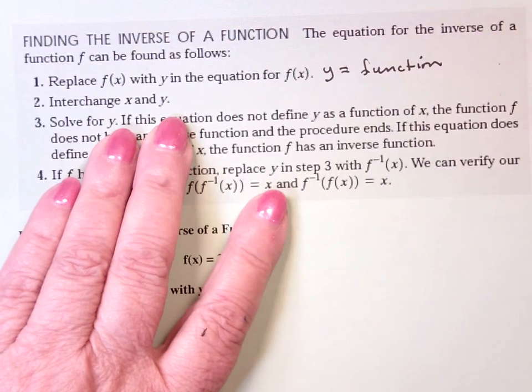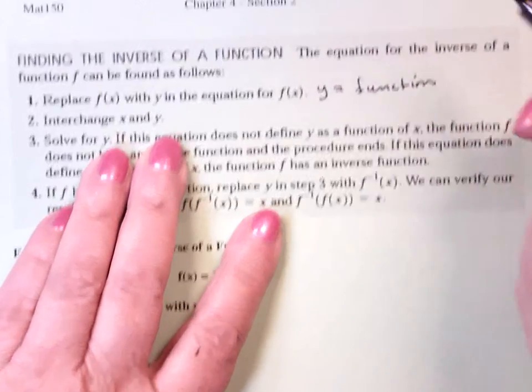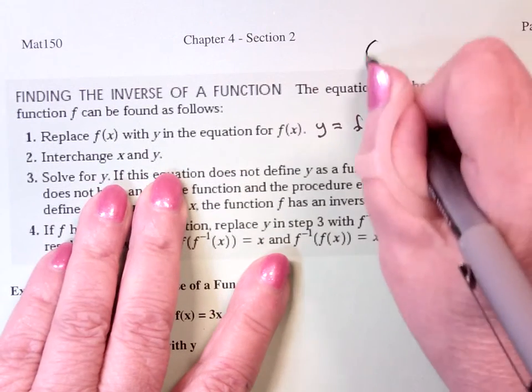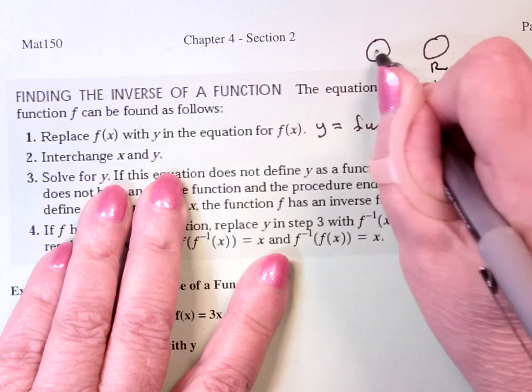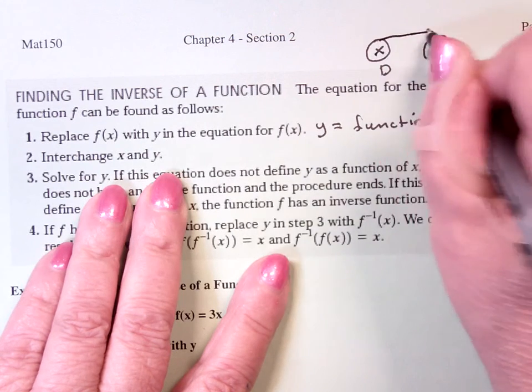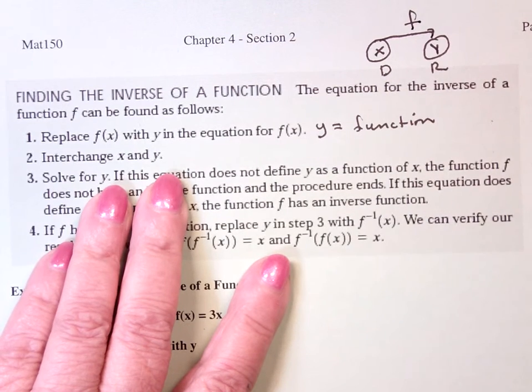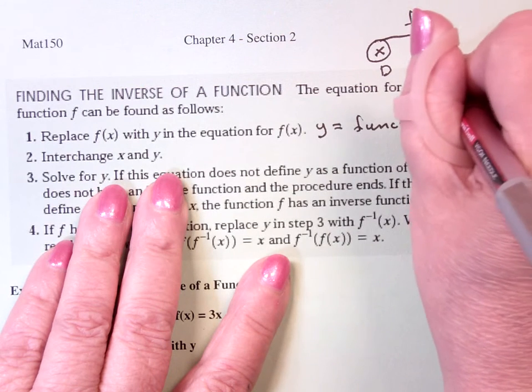Interchange x and y, that throws me into the range. So remember, what f of x does, domain and range, it takes x values in the domain to y values in the range. That's the purpose of the function. When I flip x and y, essentially what happens, it throws me over here in the range,